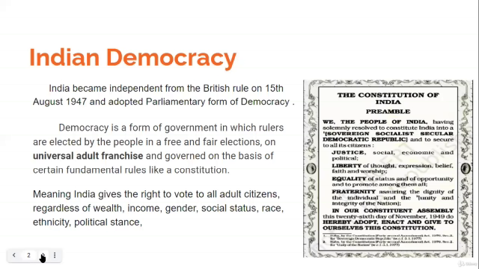At the outset, let me tell you that when you talk about Indian democracy, we basically are restricting our discussion to the recent history of the Indian movement. That is, we would say that India